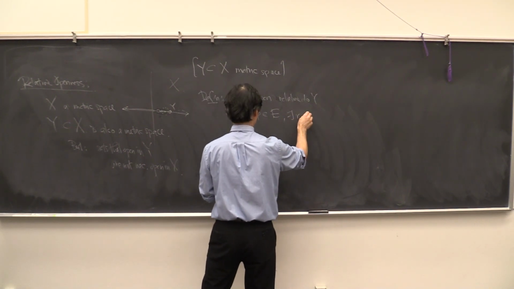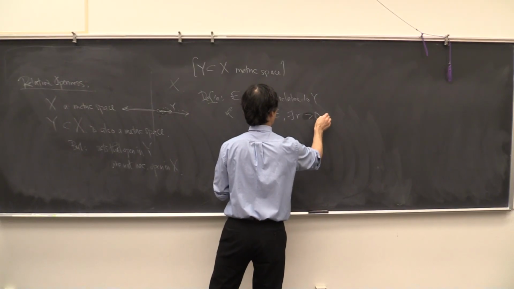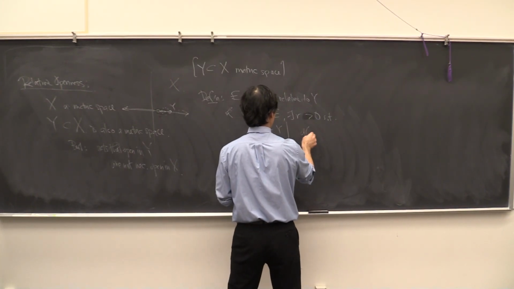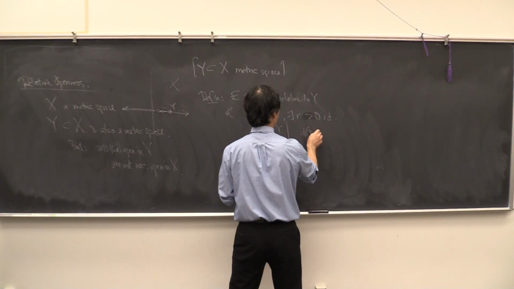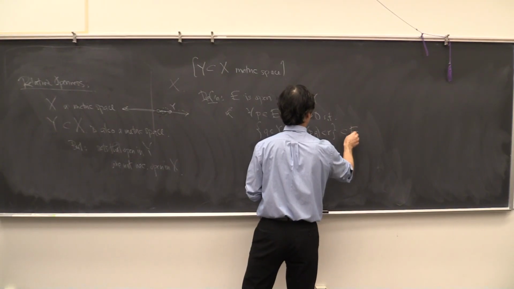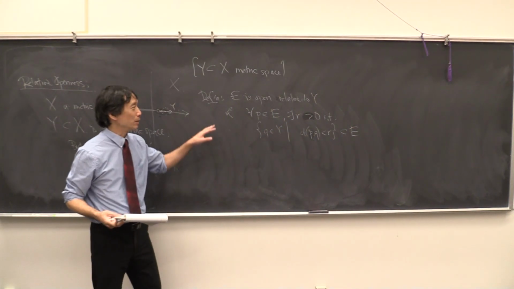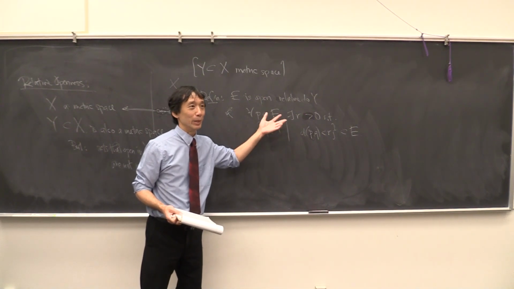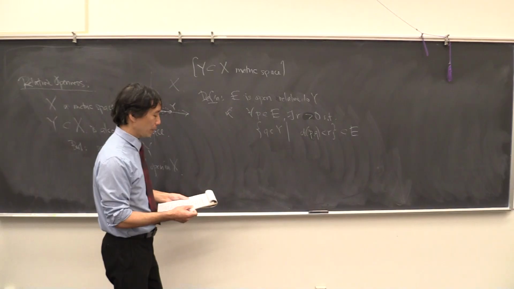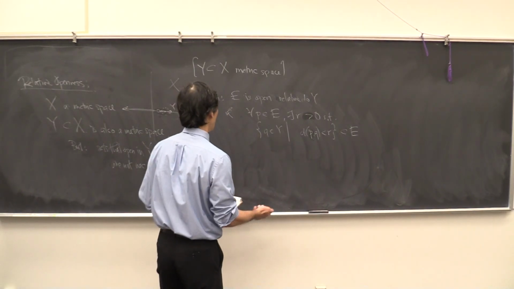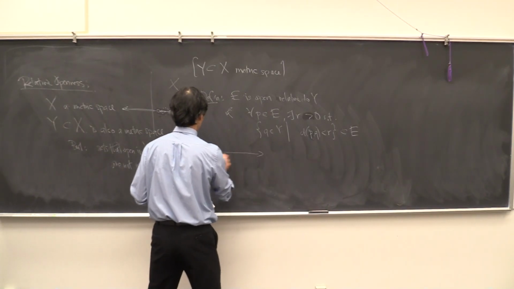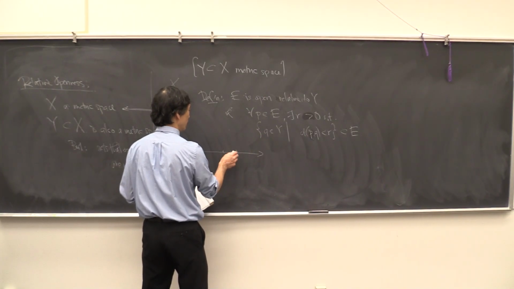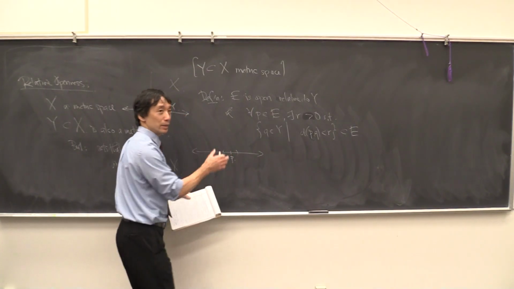So there exists an R such that the points Q in Y whose distance from P is less than R is contained in E. So I'm just writing the definition of openness, but just inside of Y. So you're open relative to Y if you're basically open with respect to Y. Here's my point P, and there's some radius around it that's contained inside the set.